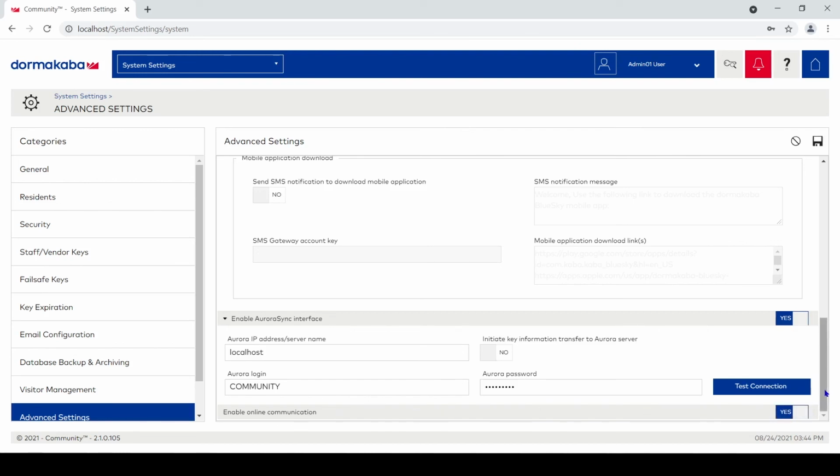Enable online communication. I can set that to yes, and if I do, it basically just turns on the new online capability of the software. Currently it's in beta, but this will allow you to be able to remotely talk to the locks, pull things such as audit trail, low battery alerts, door ajar, stuff like that from the lock if it's capable of doing that. I want to hit no because I really am not using that feature right now. That would be a